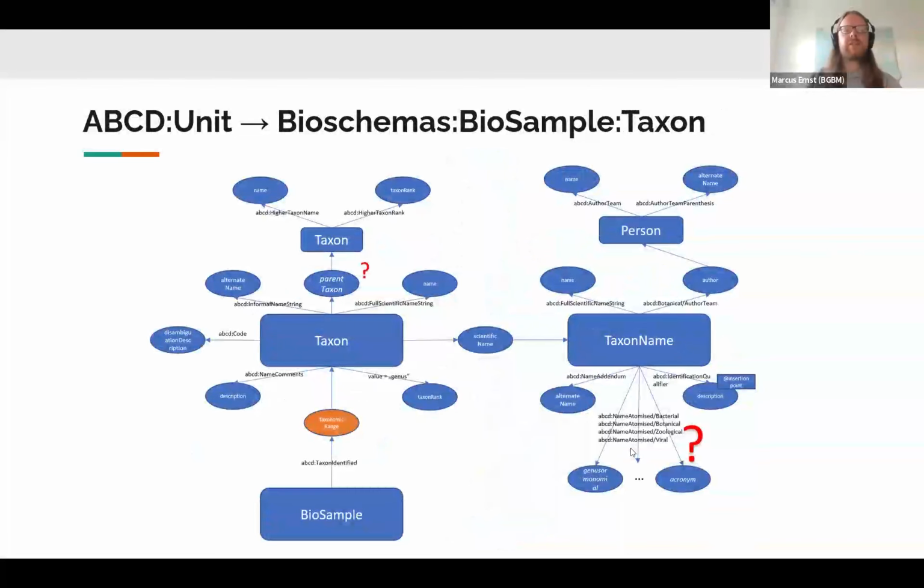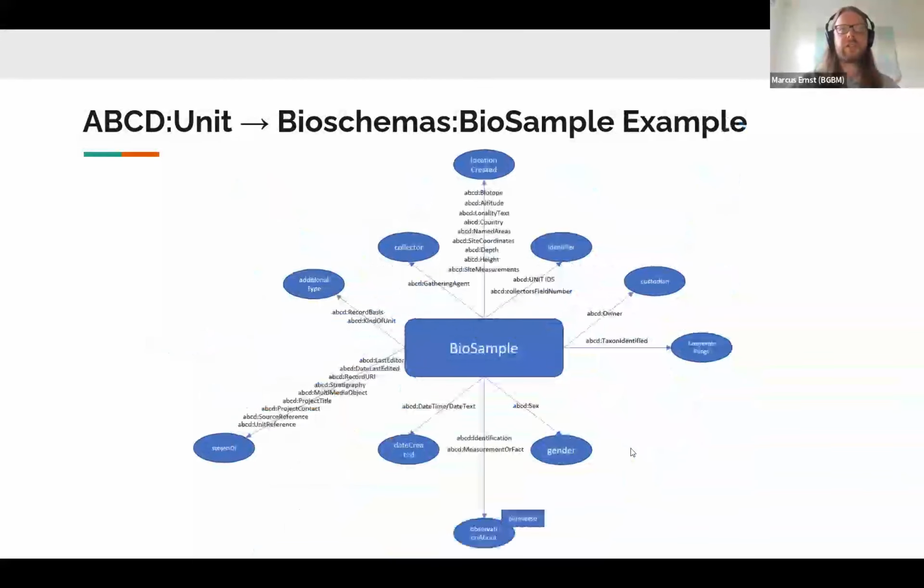In this second figure of the same use case, you can see the taxonomic side of our mapping model. Here we move from the biosample to the taxon and the taxon name related structures, showing how scientific names, ranks, authorship, and related naming elements can be mapped to the taxonomic range property of the biosample type from the previous slide.